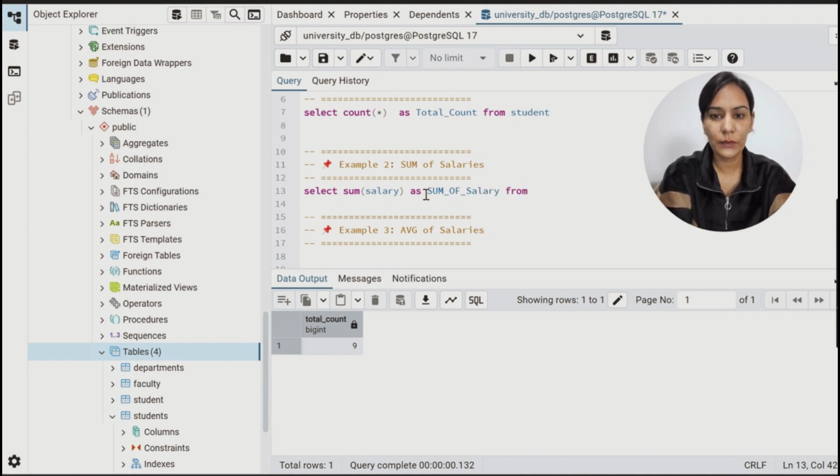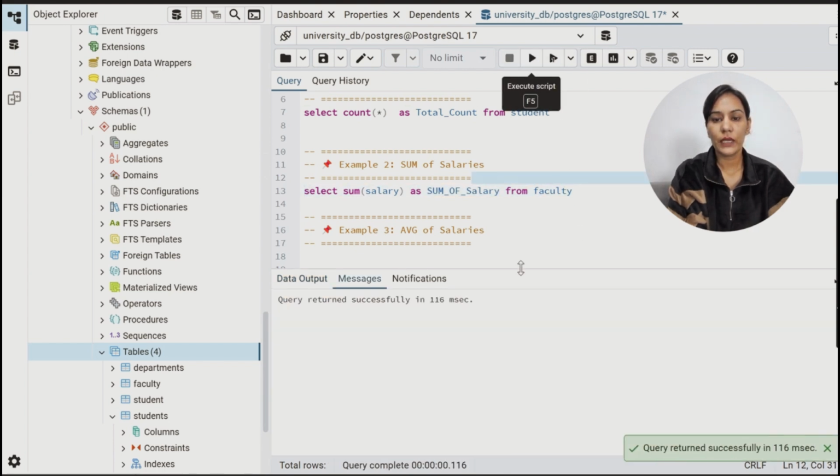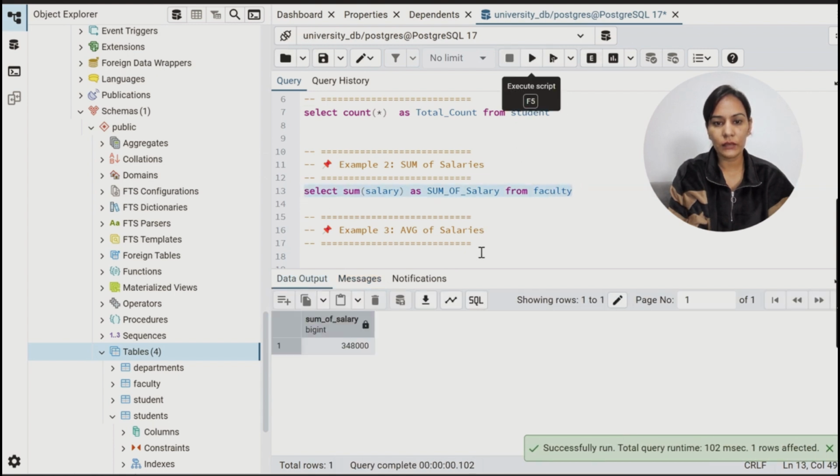Now from, the table name is faculty. So let's execute this one. You can check the sum of salary, because the total salary of all the employees is here.